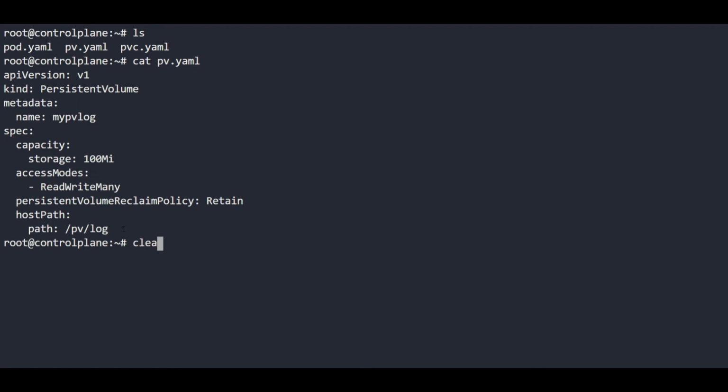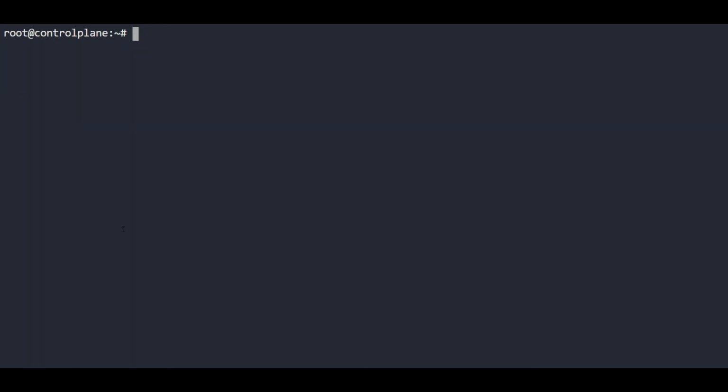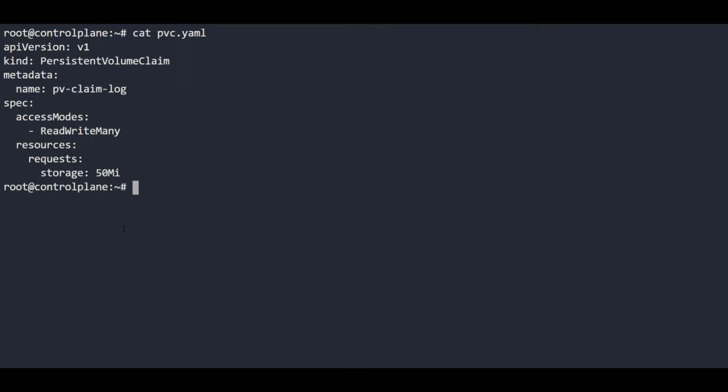And what about the claim? cat pvc. This PVC uses the same access mode as the PV, and we are utilizing only 50Mi.